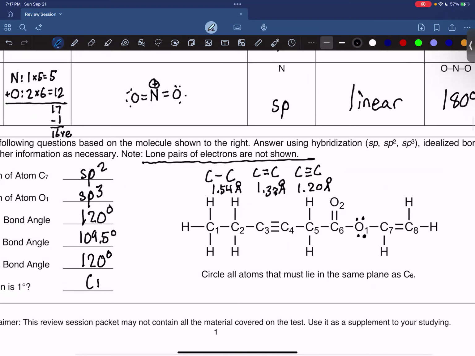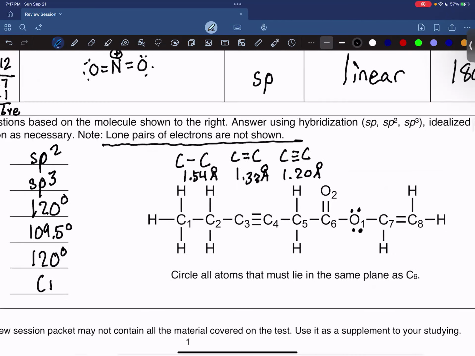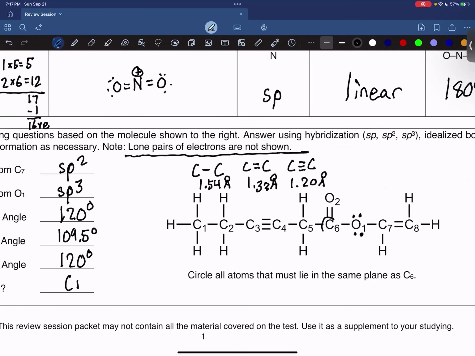So circle all atoms. This must lie in the same plane as C6. So first off, you go ahead and circle C6 then. And for these types of problems, you look for the double bond. So you circle the 2 things in the double bond, and then you look for what's directly attached to the double bond. So O2 doesn't have anything else attached to it, but the other atom that's in the double bond has attached to it,